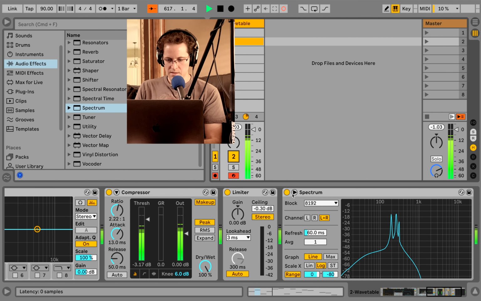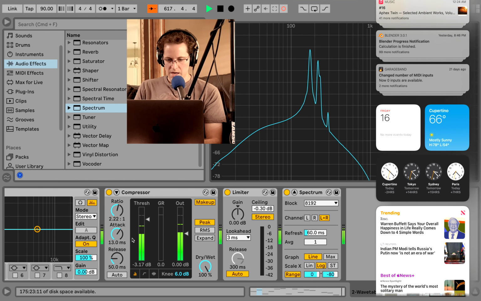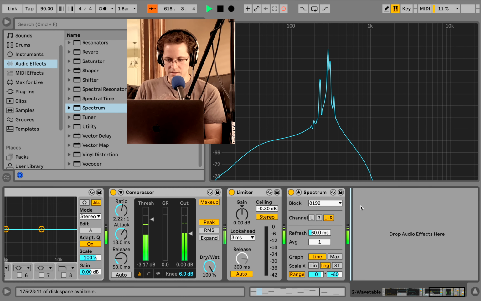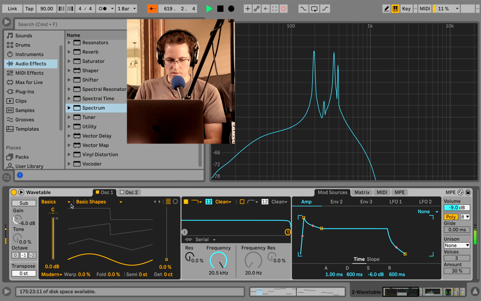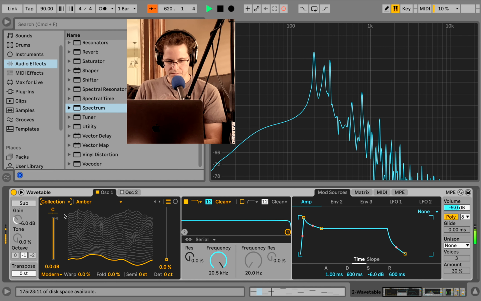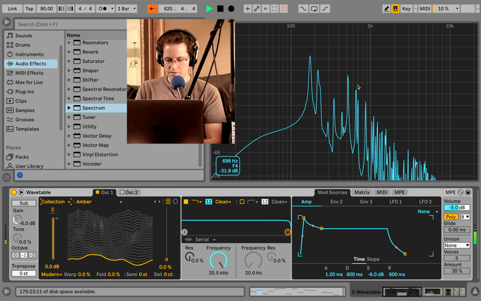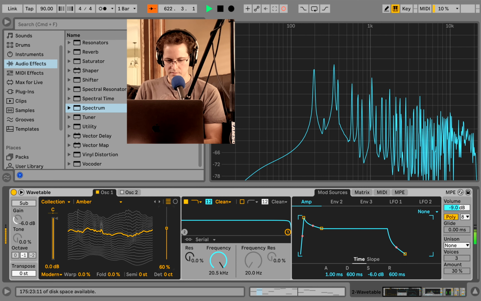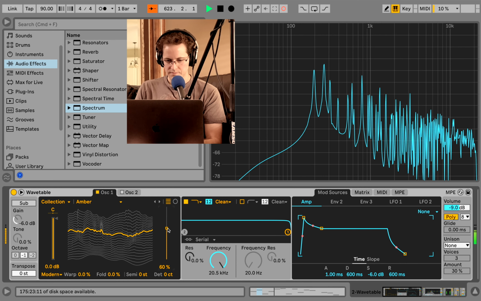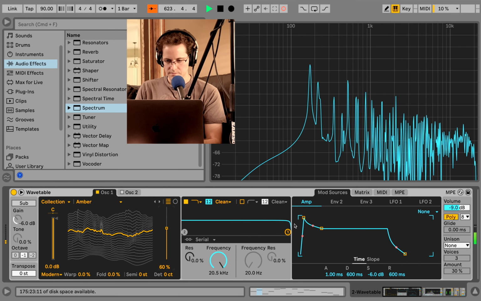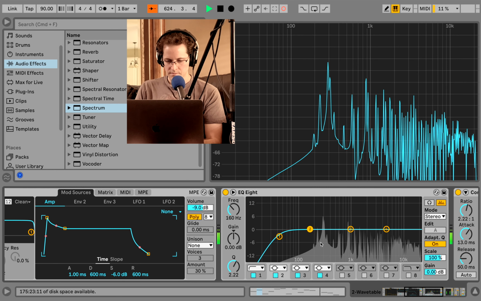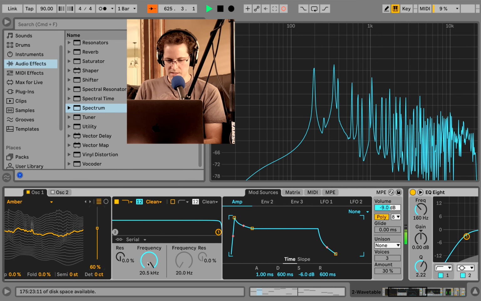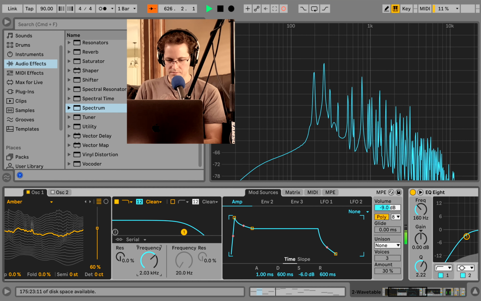Now, look what happens when I select a different wavetable. See, now I got all these... And we can take these down, filter.